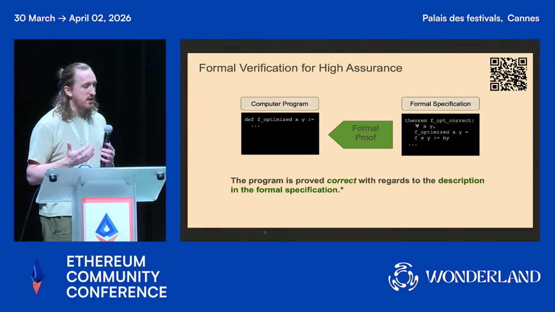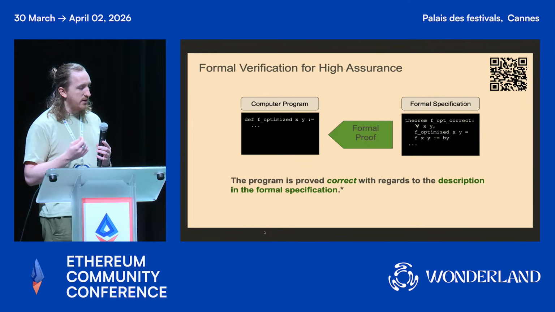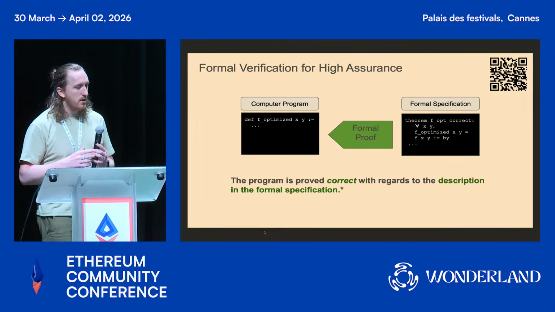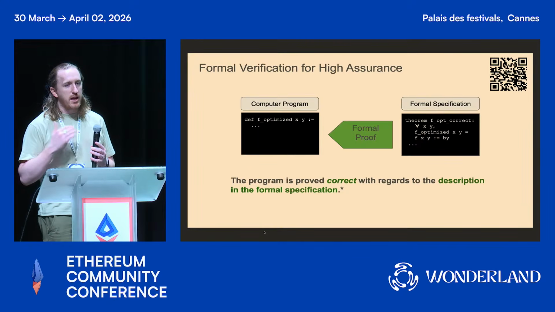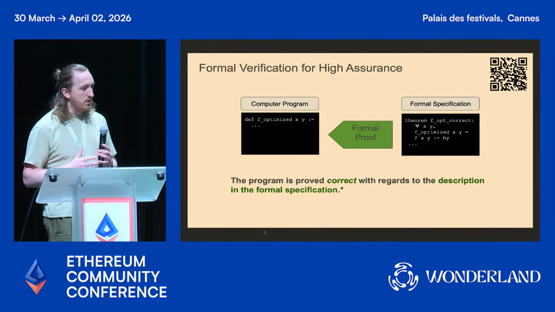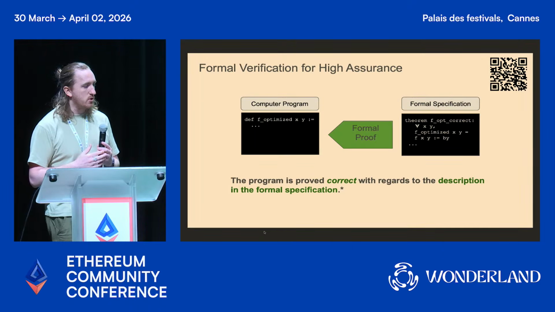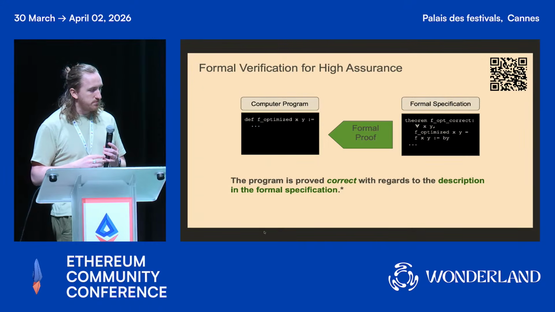So we can state this formally by saying that, in this case, what's on the screen is a pure functional representation, but you can say for all inputs, for all states, applying f optimized gives the same result as applying f. And that is a formal statement of correctness. That's what you mean. So if we can prove f optimized to be correct with regards to this description, we say that it's proved correct with regards to this formal specification, this description of correctness.